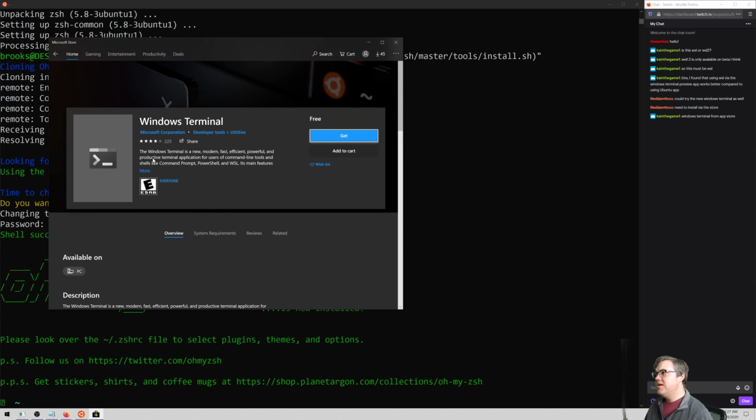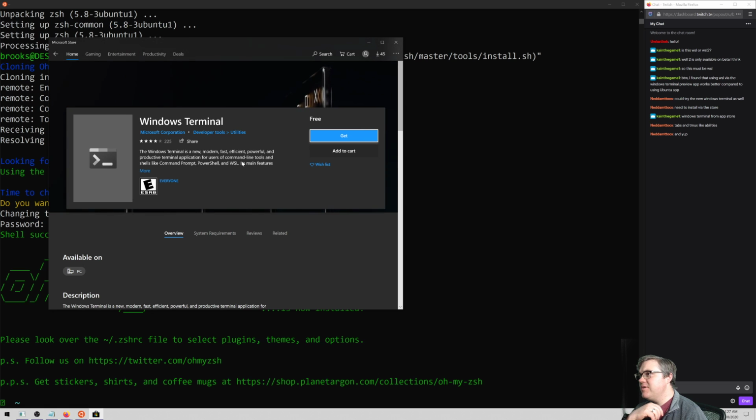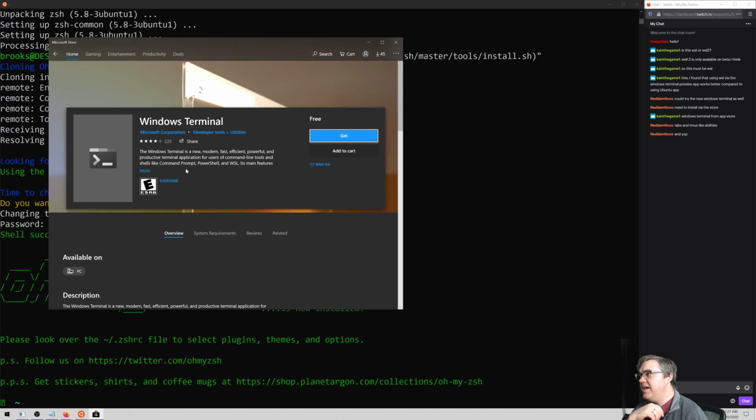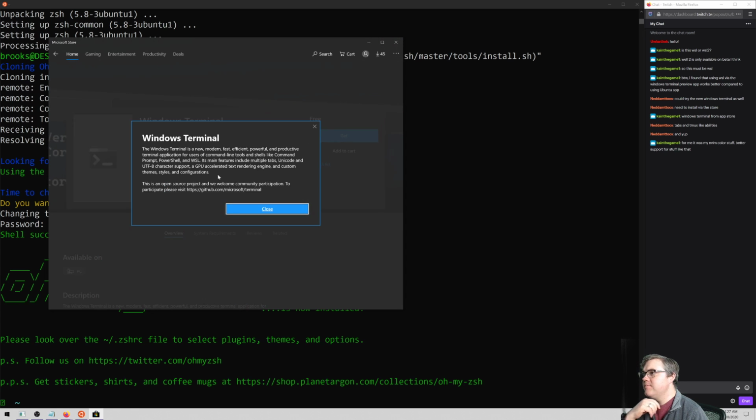Windows Terminal. New, modern, fast, efficient, powerful, productive terminal, and shells like command prompt and WSL. Its main features include multiple tabs, Unicode and UTF character support, a GPU-accelerated text rendering engine, and custom theme styles and configurations.